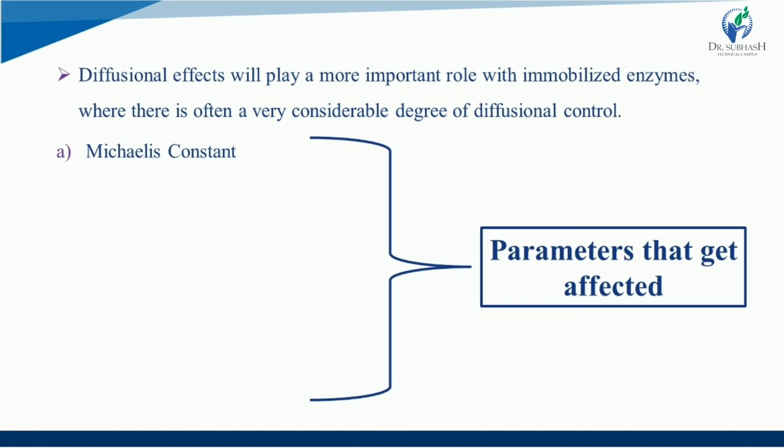Right, so the Michaelis constant is highly affected. Next is the diffusional constant: external diffusion limitation due to the unstirred layer around the particle of an enzyme. That can affect internal or pore diffusion, caused by the substrate having to diffuse through the support matrix. So diffusional constants are like the macro environment, with internal diffusional limitation due to the support. There will be a limitation internally, and externally there will also be a limitation, right? As to how they will affect.